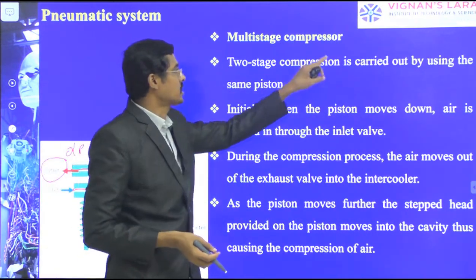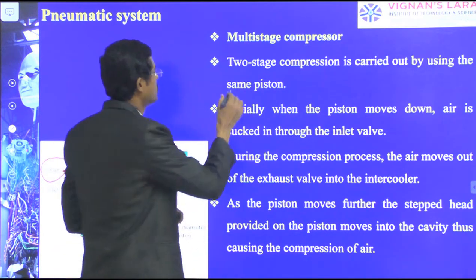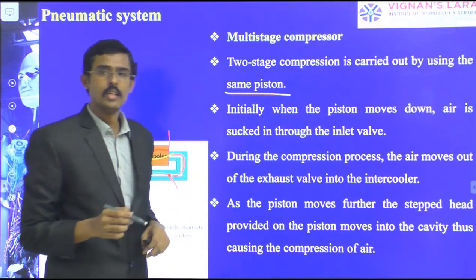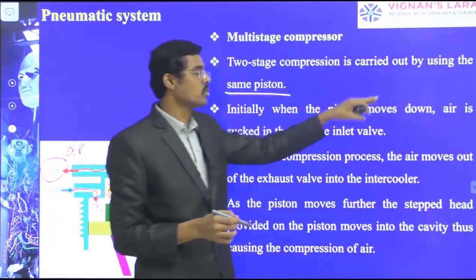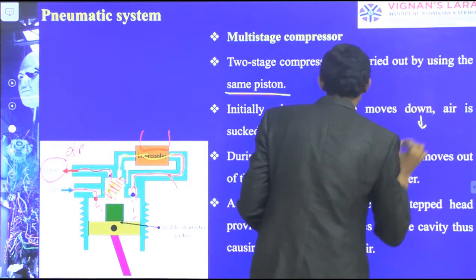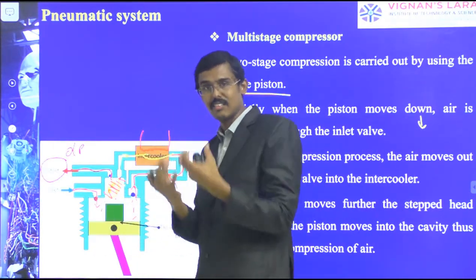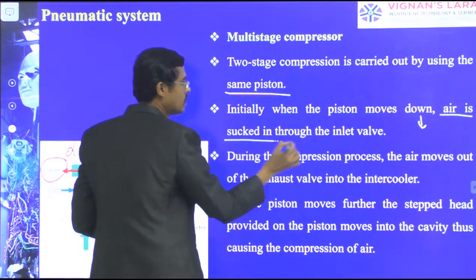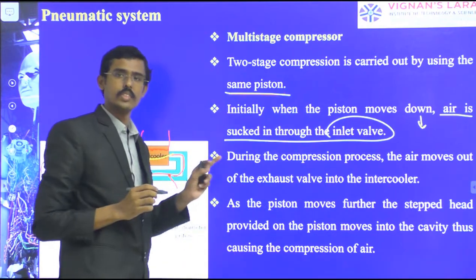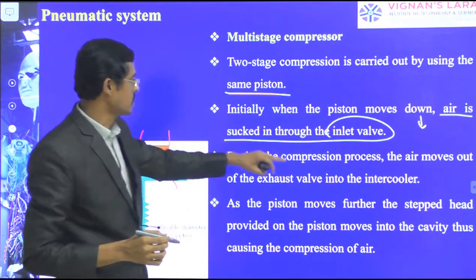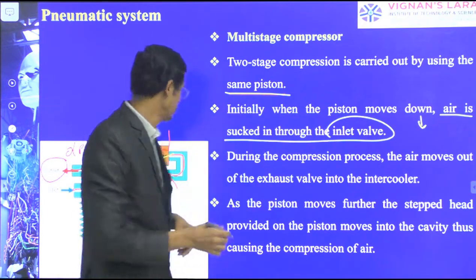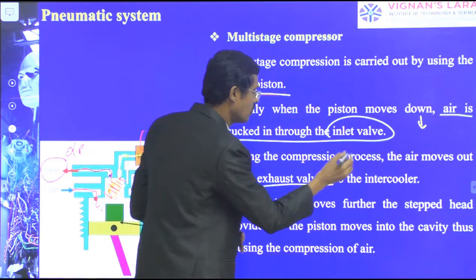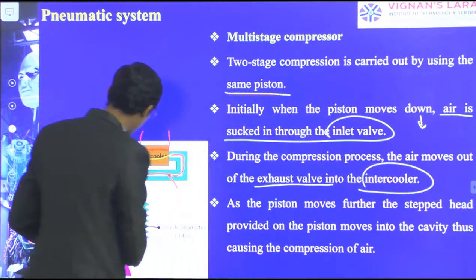A two-stage compression is carried out by using the same piston. Initially, when the piston moves downward, it's sucking in, the air is sucked in. The piston is moving downward, and air is sucked in through the inlet valve. During the compression process, the air moves out through the exhaust valve to